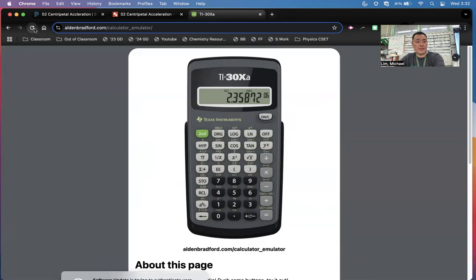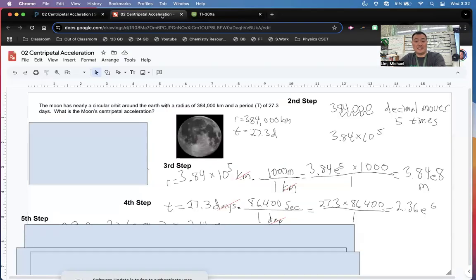So this website is not the most reliable. Try that one more time. Scientific mode. 27.3 times 86,400. It gives us 2.36 times 10 to the 6th,